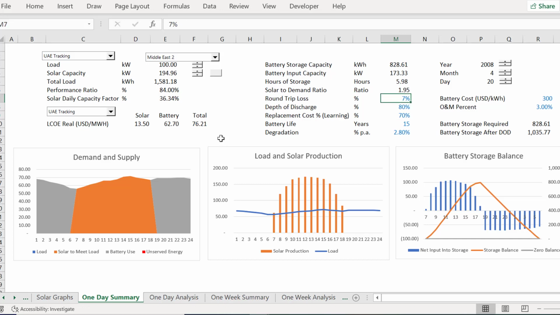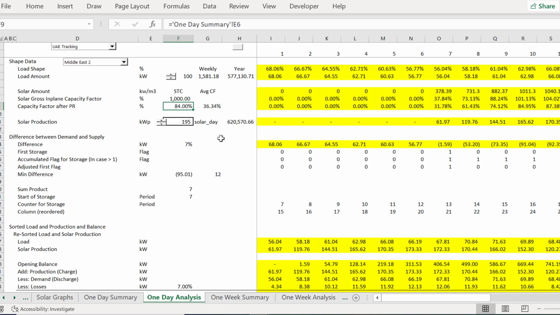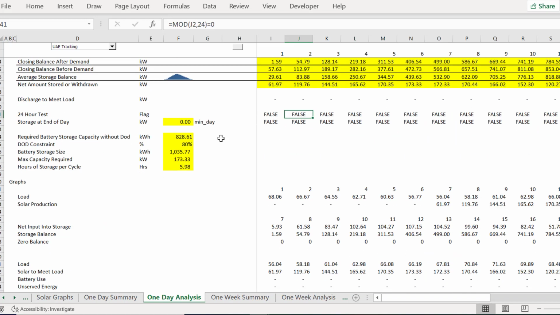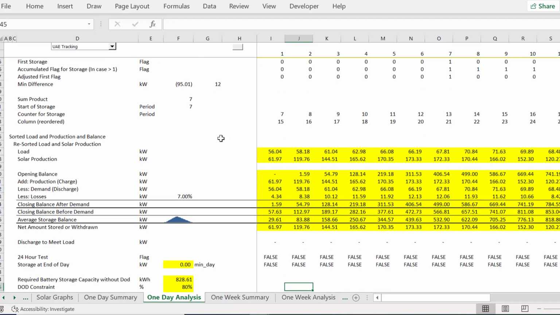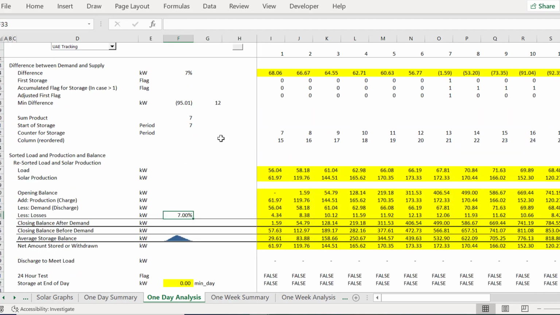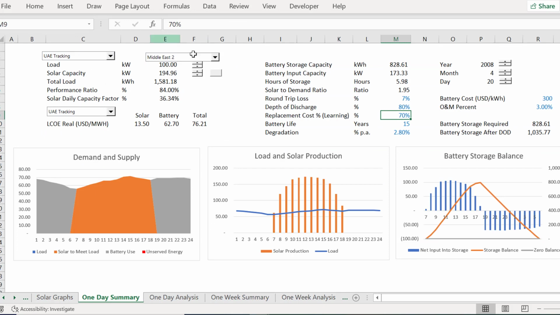And then we can put the round trip loss in. That round trip loss is the amount you put in compared to the amount you get out. Okay, and you can do all of this. Now, I'm going to show you how to get there. We're going to show you how we put a load shape in, we put a solar amount in, we put a little balance of the battery in, we put a round trip efficiency in, and we do all of this. Now, if we do this, what we could do is we could say, let's just start with a case where we put in